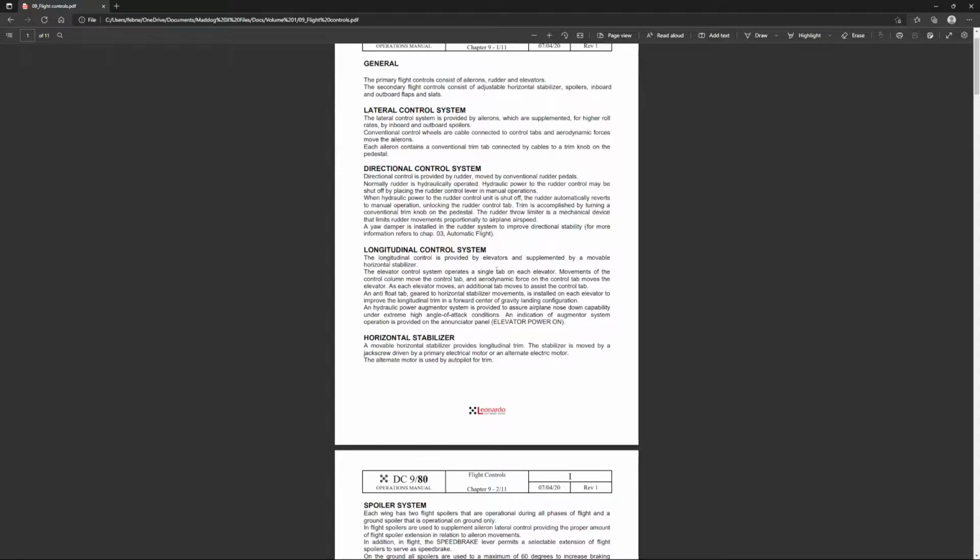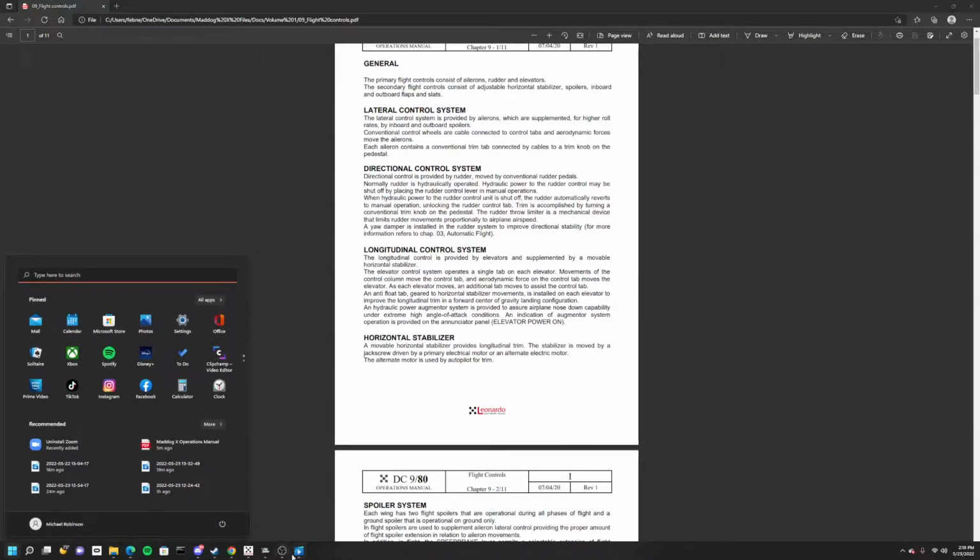Okay. Control system operates a single tab on each elevator. Movements of the control column move the control tab, and aerodynamic force in the control tab moves the elevator. As each elevator moves, an additional tab moves to assist the control tab, so it's geared. So basically,